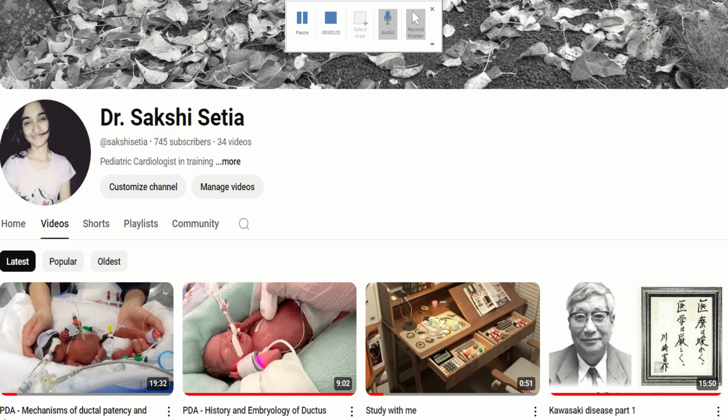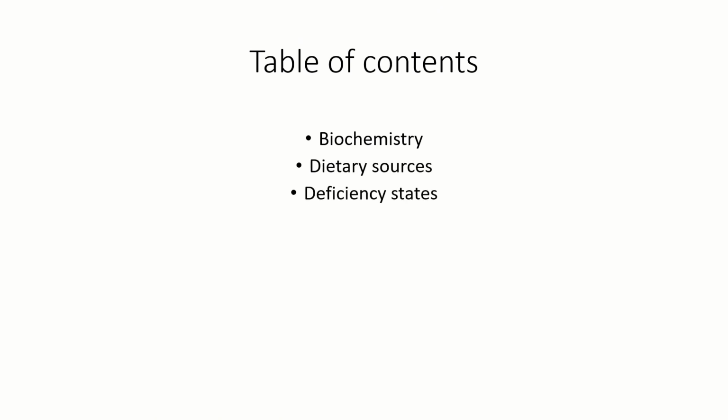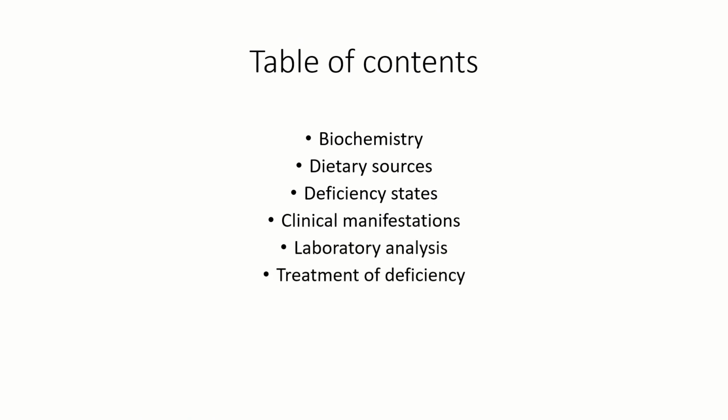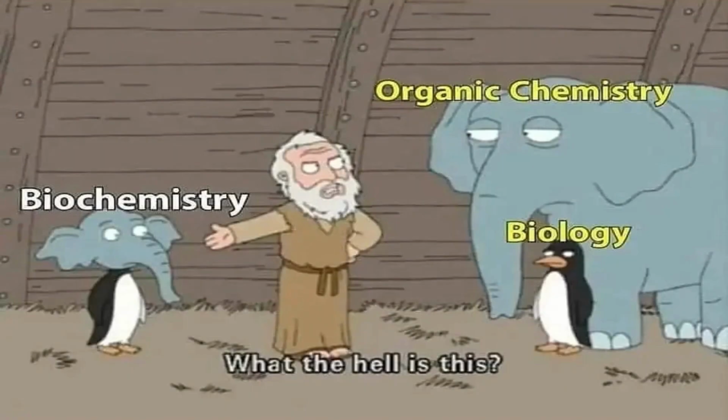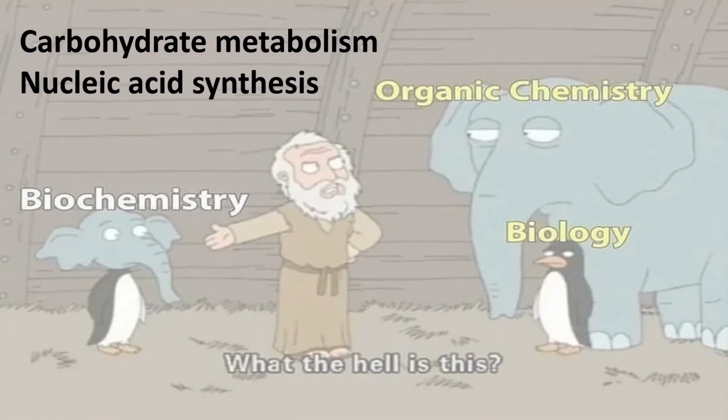In this particular lecture, we'll be discussing thiamine under the following headings. We'll first begin with a very basic overview of the related biochemistry, followed by dietary sources of thiamine, deficiency states and their clinical manifestations, labs, and finally how to treat a deficiency state. Very tangentially speaking, thiamine helps in three processes: carbohydrate metabolism, nucleic acid synthesis, and synthesis of neurotransmitters, thus helping in